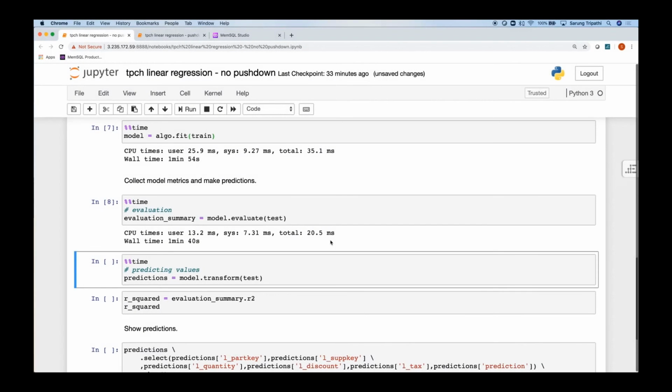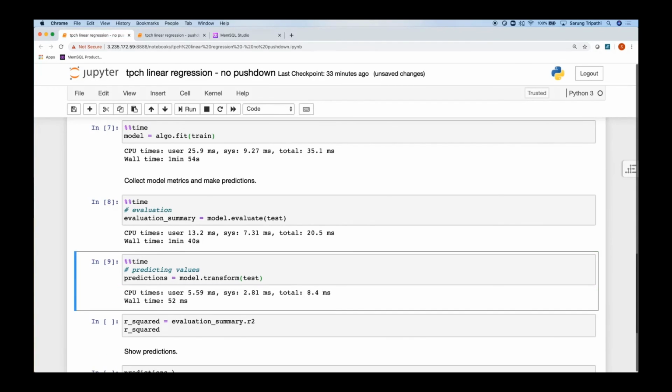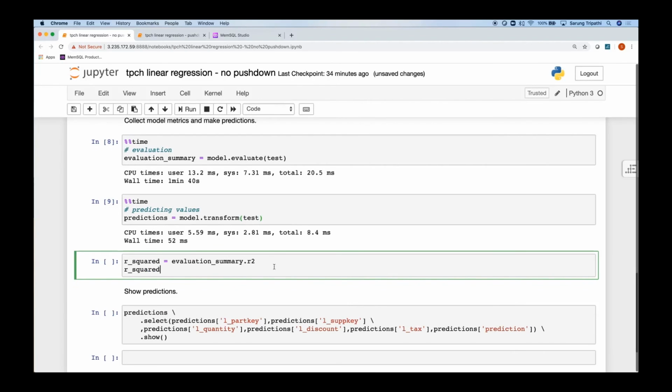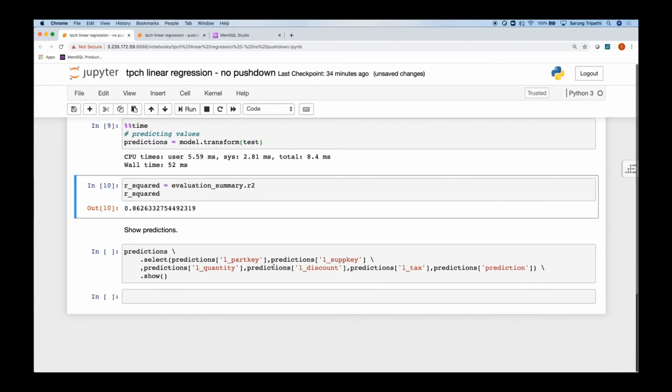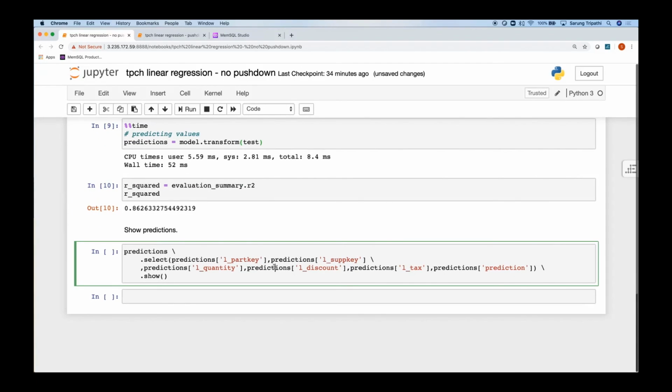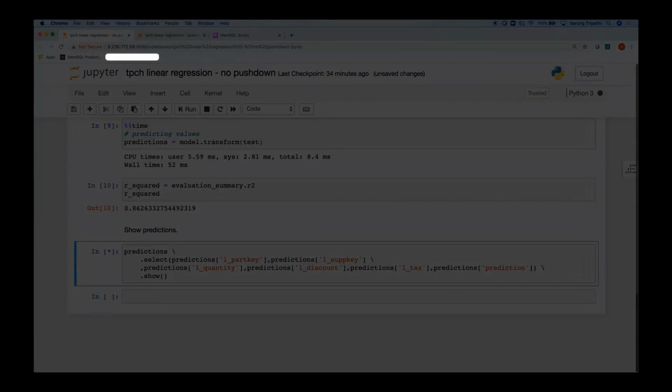Welcome back. It looks like the model test portion took another 1 minute and 40 seconds. So let's go ahead and assemble our final data set that's going to put the predicted values together. We can also validate that we have a good model here. 0.86 R squared seems sufficient for now. Now, what we'll do is go ahead and look at our final data set.